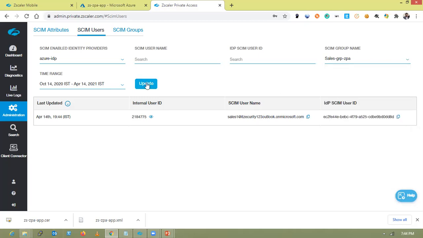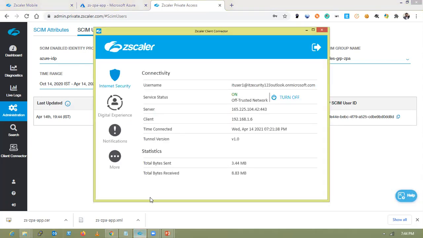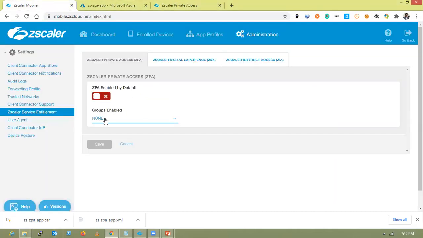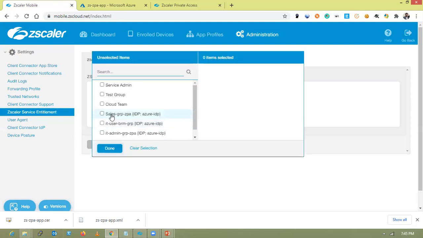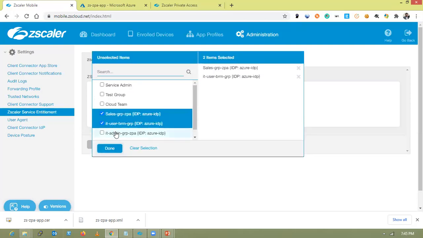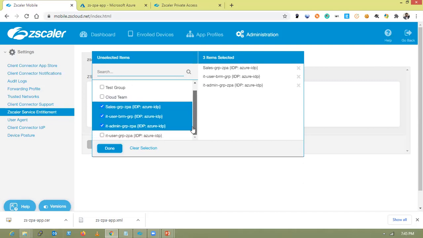Okay, great. So the next step is verification of whether ZPA is connected and the user authenticates or not. Here you see internet security, digital experience, notification and more, but there is no private access. You have to go to the mobile portal and choose the users and the groups which need to have the private access.